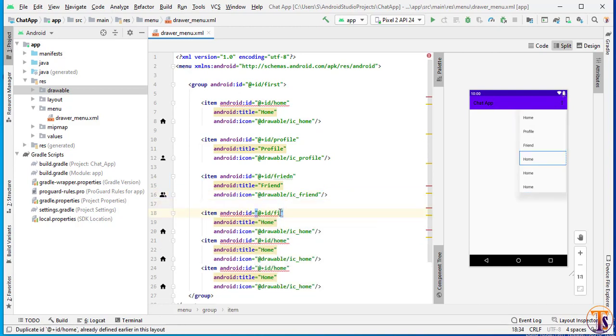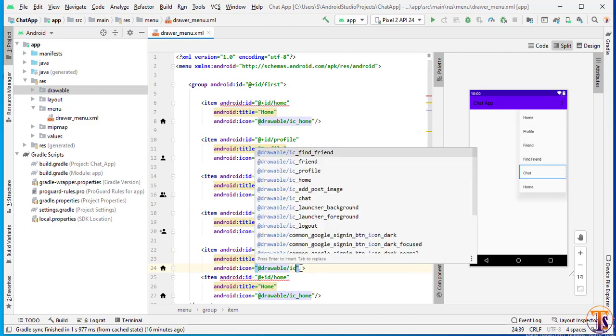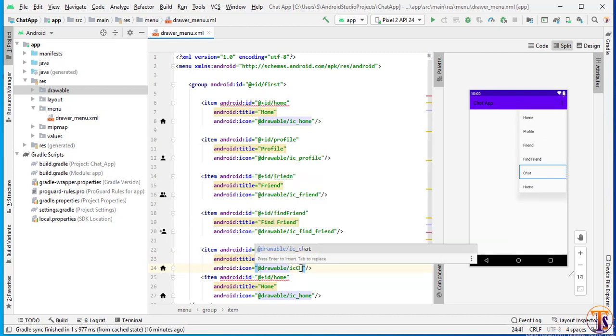Okay, now is find friend, find friend, and again icon ic find friend. Now is chat, and here select chat, icon ic chat, and the last one is logout.